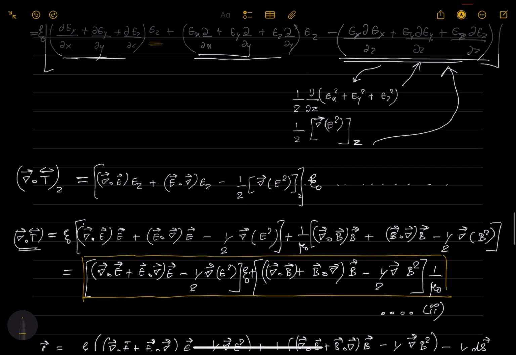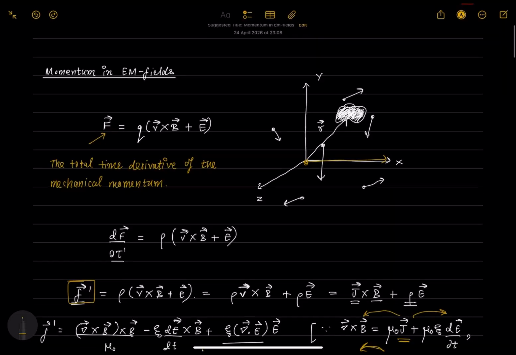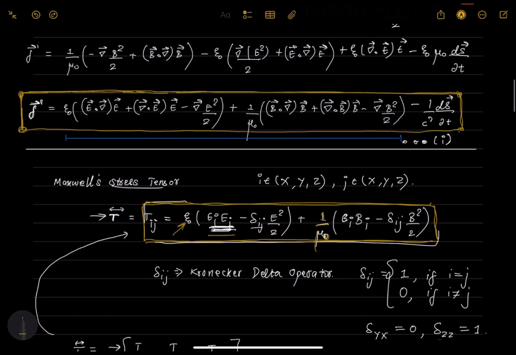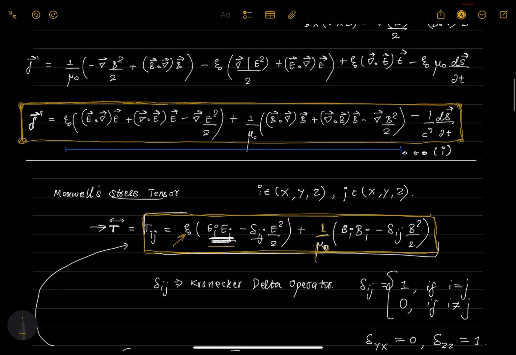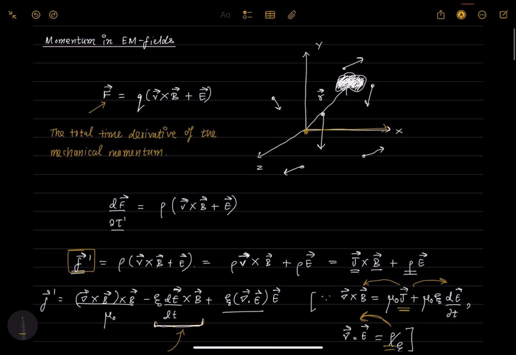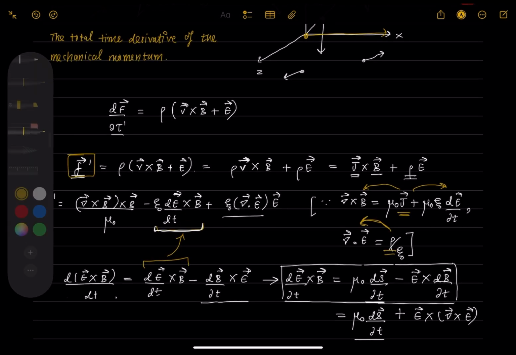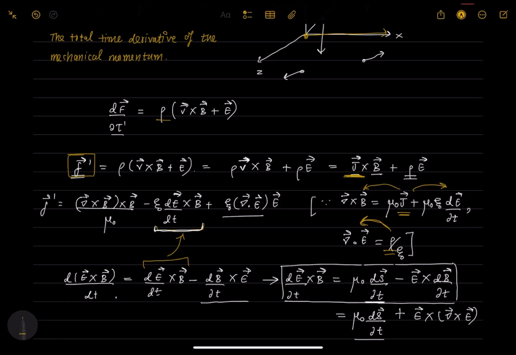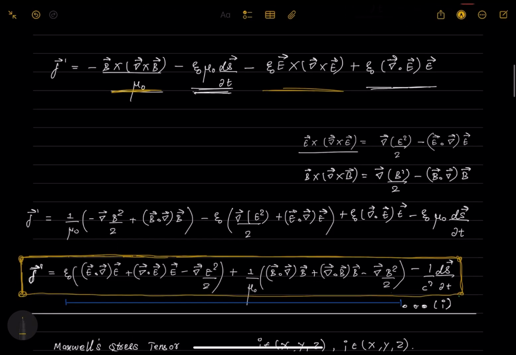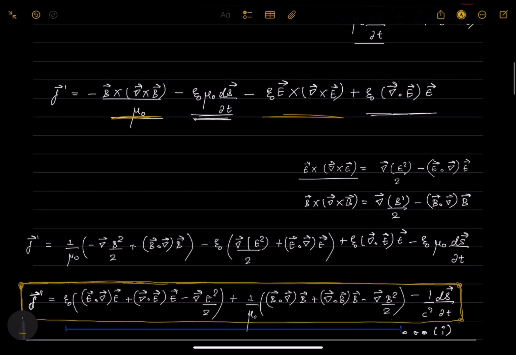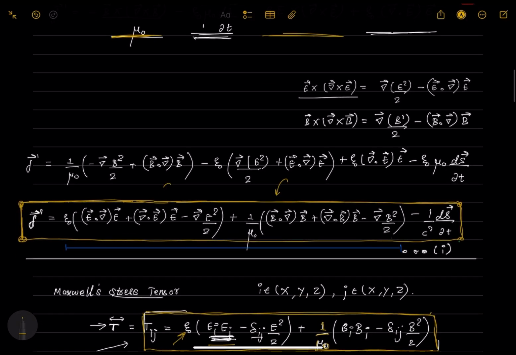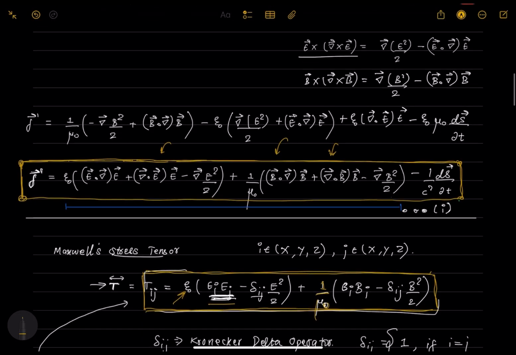All right, so we discussed how we could reach the force density equation written entirely in terms of E and B and the time derivative of the Poynting vector, right? By the way, we started from the Lorentz force law and we used Maxwell's equations to write the charge density and the volume current density in terms of the fields, right? We simplified using some product laws, and we found that the equation is actually symmetric for E and B. Once we reached there,